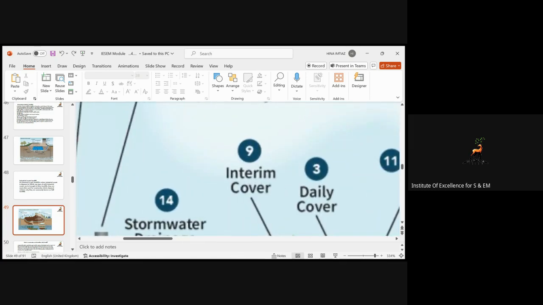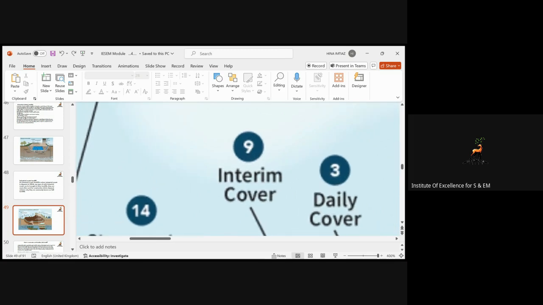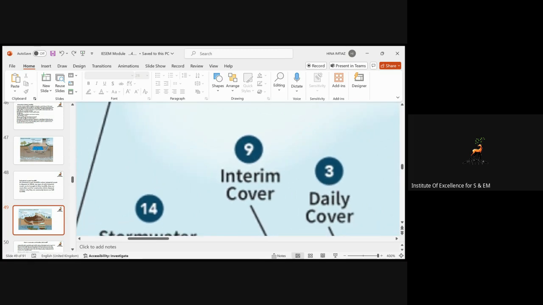The interim cover is basically 1 foot of compact soil placed on top of the cell where waste will not be placed in the landfill for 90 days. All right, this is the cover. If an interim cover has been placed on the upper side of the landfill, then you are unable to place any type of garbage or waste for 90 days, with the purpose of preventing storm water from coming into contact with the waste in the landfill.